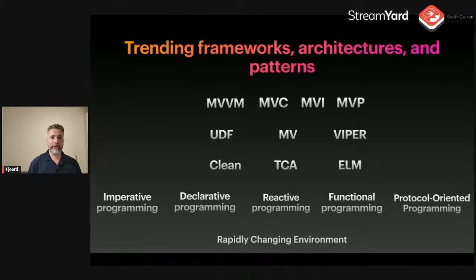And on top of the patterns that we as a community sort of decide upon and what businesses hire for, like you must know this pattern to work in our code base, you also have the paradigms, right? Swift is known for being a mixture of a lot of paradigms. It has functional programming in it. It has imperative programming. Now with SwiftUI, it's pushing more towards declarative programming. But there's also a component of reactive programming. There's also the Combine aspect that is now also being embedded. And Swift uniquely has protocol-oriented programming. So there's a lot of these paradigms.